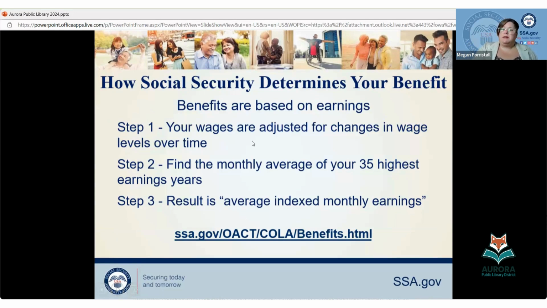Now, if you're somebody who loves doing math, that's not me, but if you really enjoy spending your free time doing math, you can go on the Social Security website and it'll give you the computations to manually index your wages and go through that 35 highest years and let you do the formula by hand to calculate your retirement benefit. Or, like we're going to talk about toward the end, you can set up an online personalized account, my Social Security account, and it'll just be there for you without any math required, which is how I get my estimates.